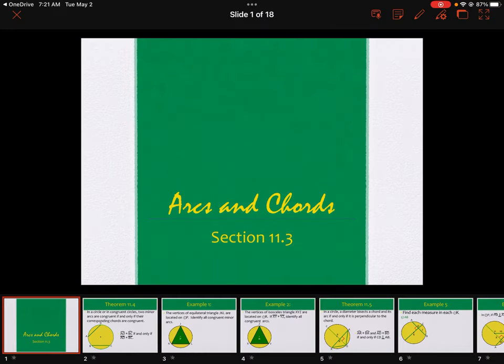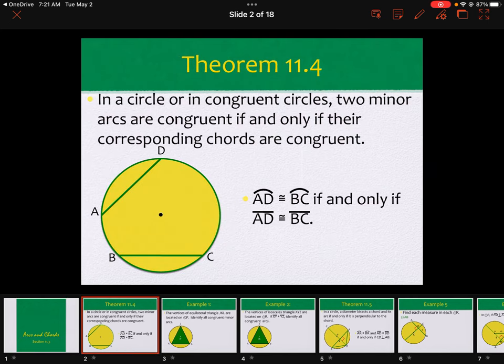This is section 11.3. It's on arcs and chords. The first theorem in this section is theorem 11.4. And here's what it says. In a circle or in congruent circles, two minor arcs are congruent if and only if their corresponding chords are